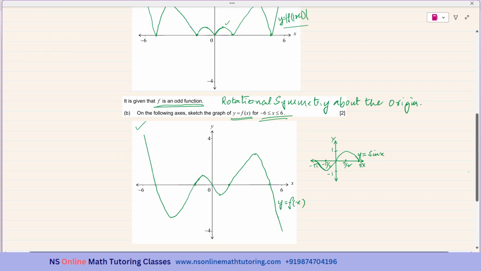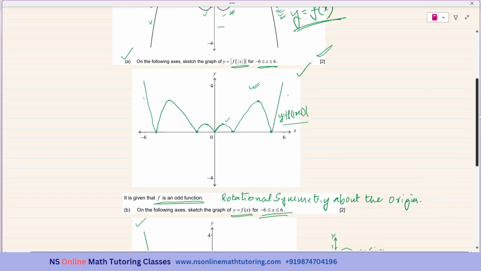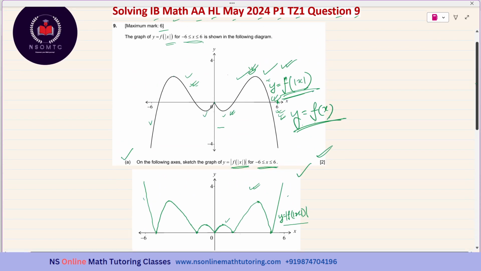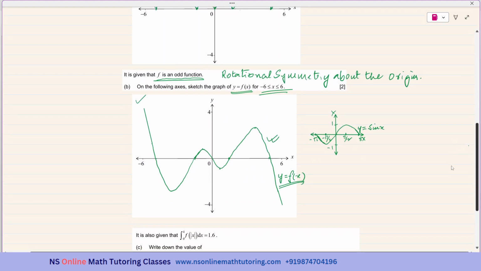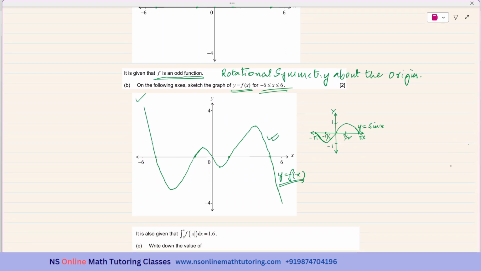This is the y equal to f of x curve. You see, the right hand side is unchanged. And what about the left hand side? I have said that y equal to sine x is an example of an odd function, and I have sketched the graph of y equal to sine x, x ranging between negative pi and positive pi. If the right hand side is moving up, the left hand side is correspondingly coming down. Over here, the right hand side has first of all come down, so on the left hand side the graph will be moving up.